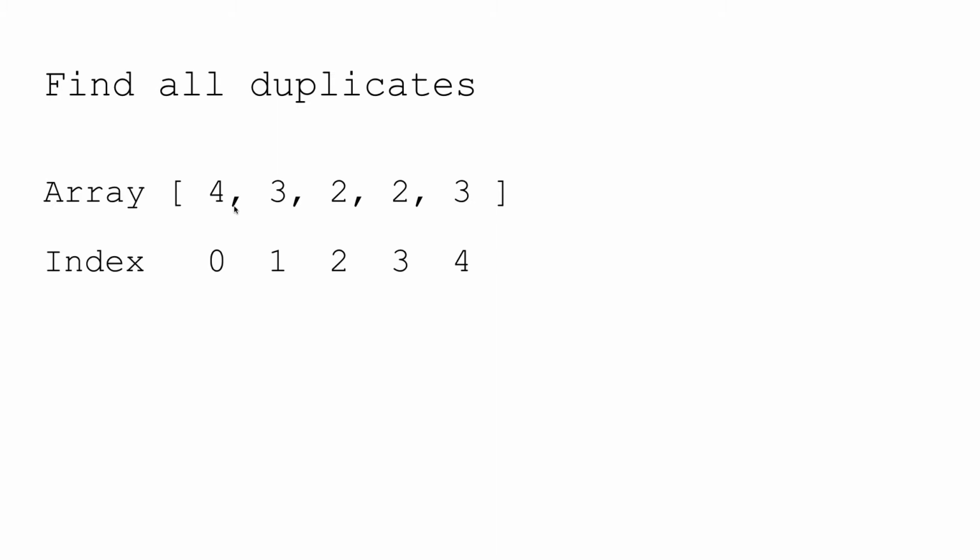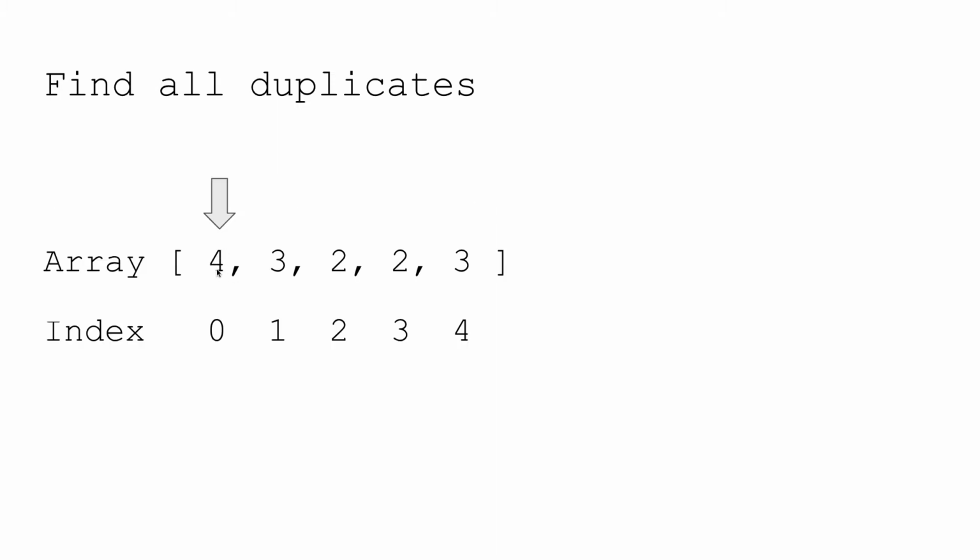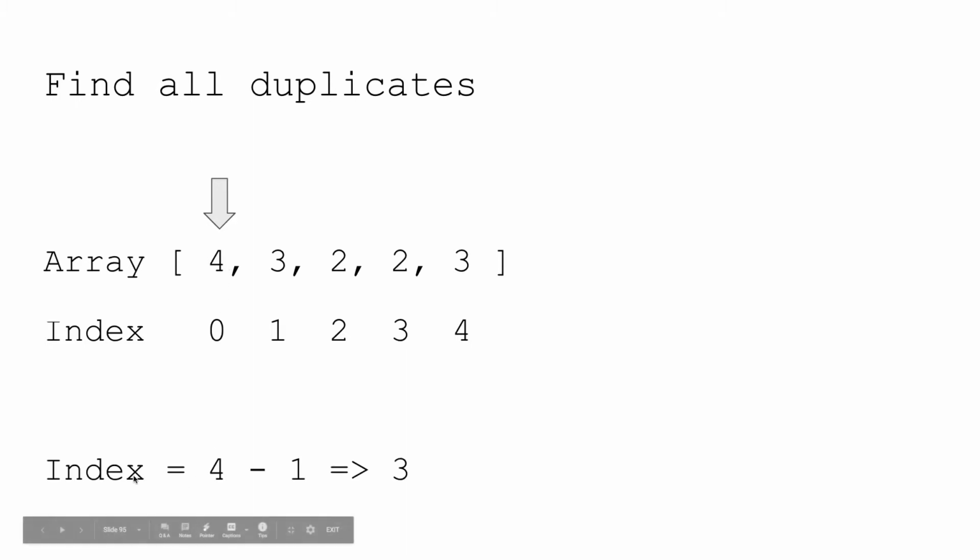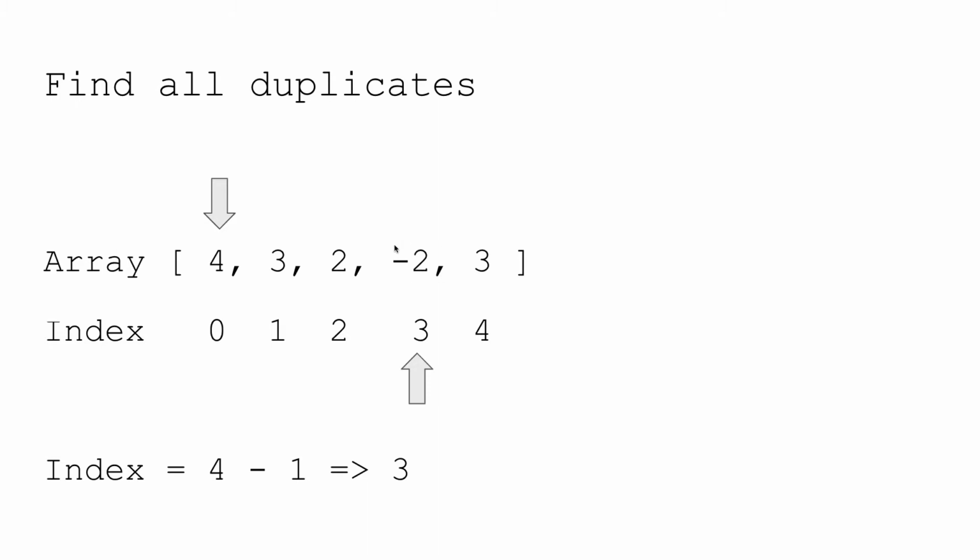So the first thing we'll do is start with the very first element. We'll see the value. The value here is 4. And we'll get the index out of this. From this, I'll simply subtract 1, which will give me the index 3. That means I'll be pointing here. And now at this particular index, we have this value 2, right? So we'll simply mark this as a negative number. Now in place of 2, we'll simply put -2.